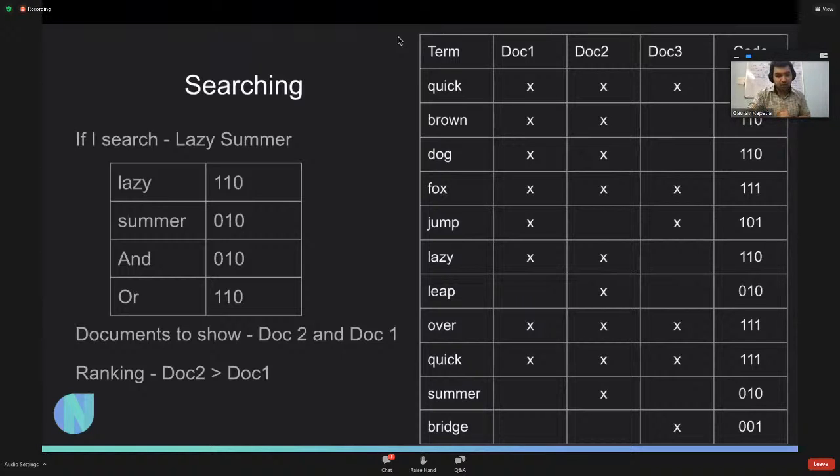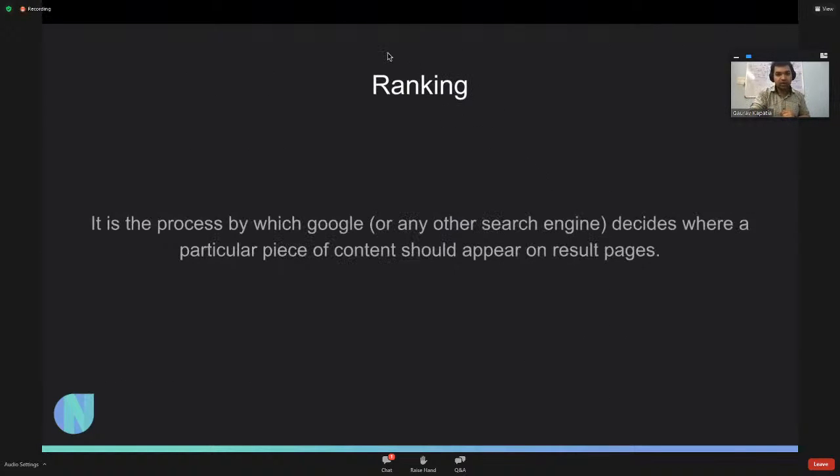If I go forward, the next part is ranking. Ranking is the process by which Google or any other search engine decides whether a particular piece of content should appear in search results or not. If I have searched some query and the words don't appear in the document, I need not show that. But if those words appear, I have to rank the documents